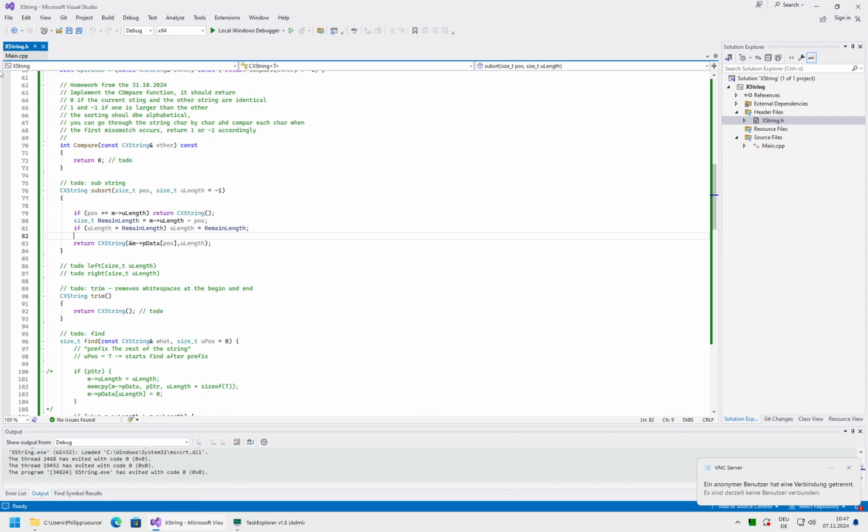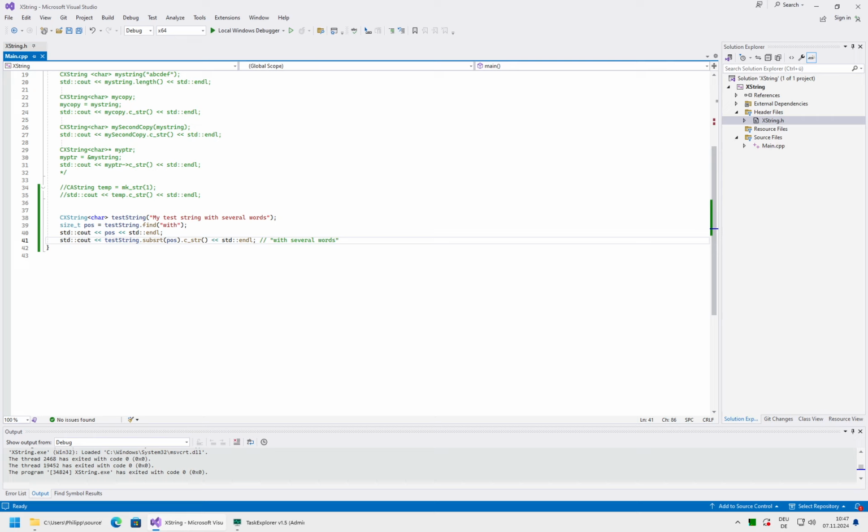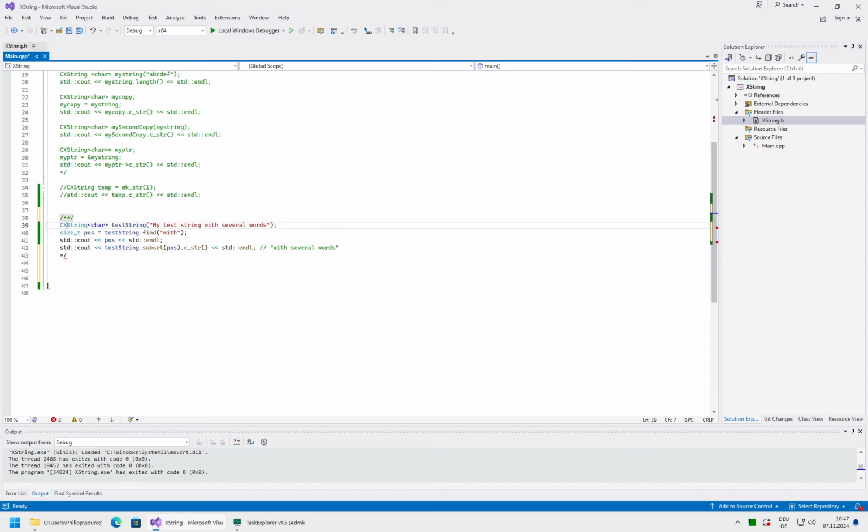Good. So now maybe it would be a good exercise to implement a test case which is a bit more elaborate, to use this substring and find. Just a short exercise, so I will prepare a longer input data.